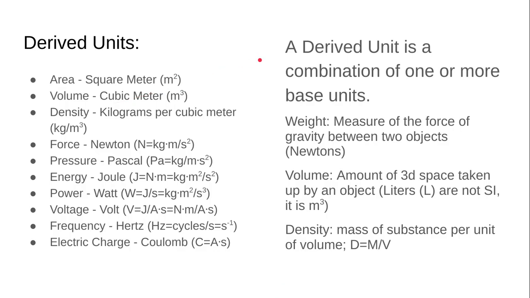Derived units are a combination of one or more base units. Base units being seconds as a form of time, meters as a form of length, kilograms as a form of mass, Kelvin as temperature, moles as the amount of a substance, ampere as an electric current, and candela as a luminous intensity. A derived unit is a combination of one or more of these base units. You should have learned more about these base units in class, so I won't be going in depth into them